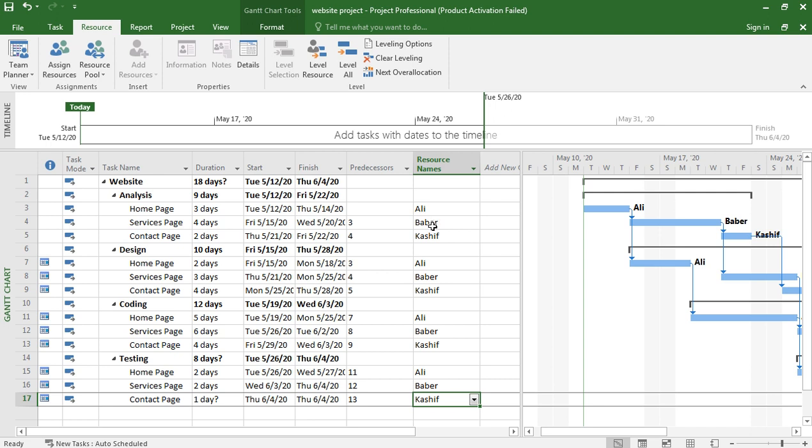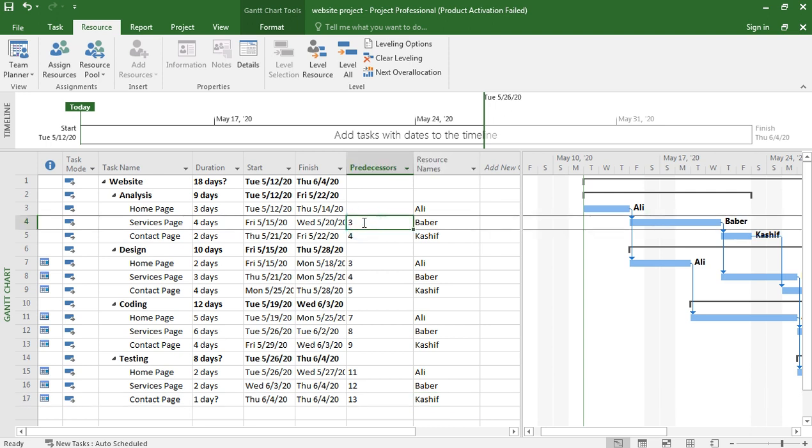Now we know the predecessors and the successors, and we have resources defined. Who will analyze the home page? Who will design the home page? Who will code the home page? Who will test the home page? So this is the part of who.